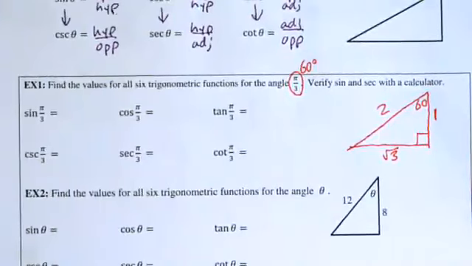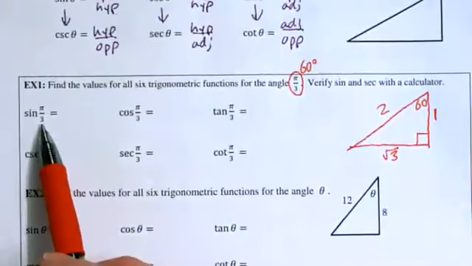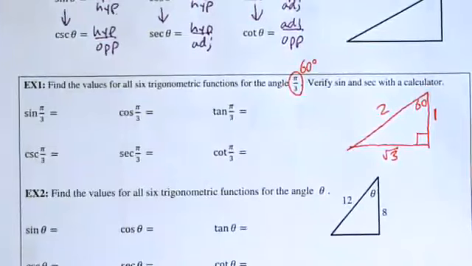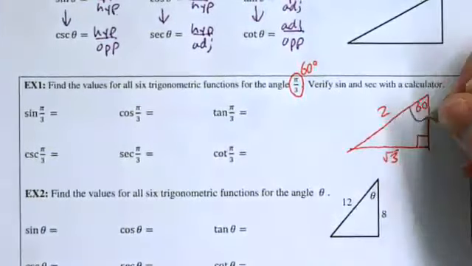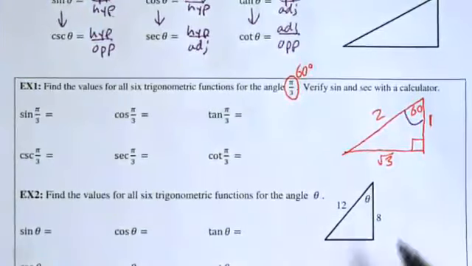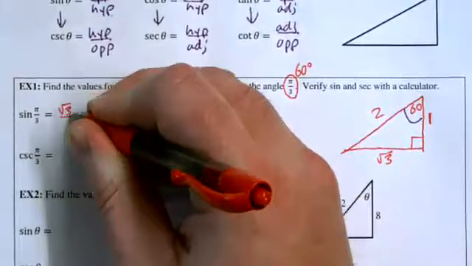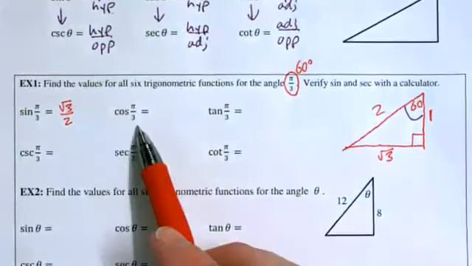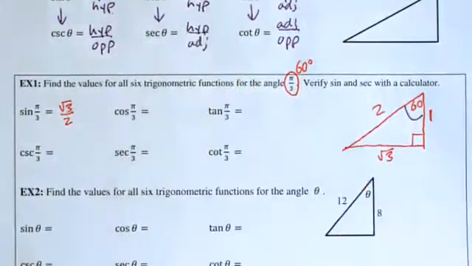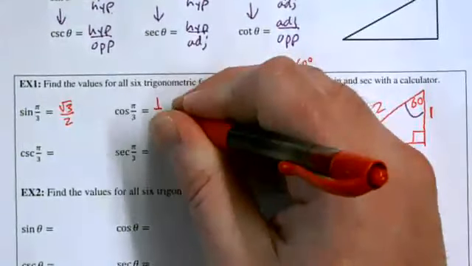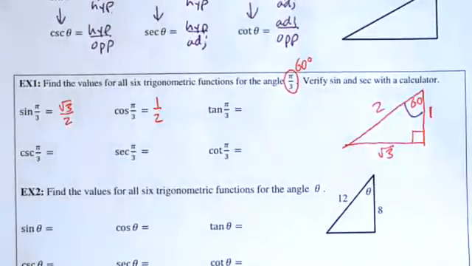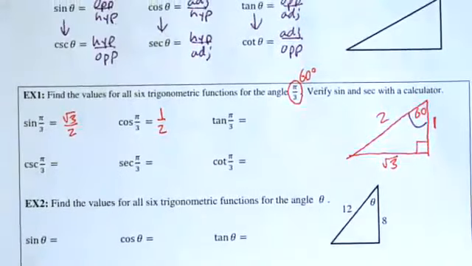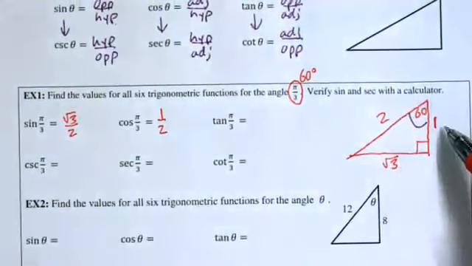All right, you guys ready? We're going to do the sine of pi over 3. Sine is opposite over hypotenuse. So from the 60 here, what would my fraction be? Opposite over hypotenuse is root 3 over 2. What's the cosine of 60? Cosine is adjacent over hypotenuse. Adjacent over hypotenuse would be 1 over 2. And the tangent of 60,